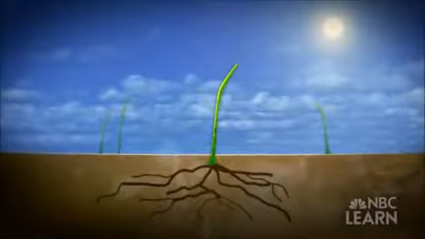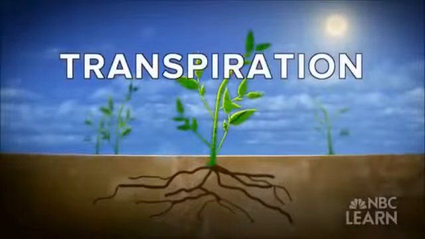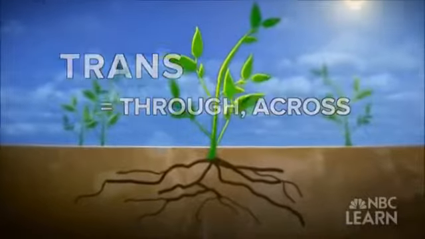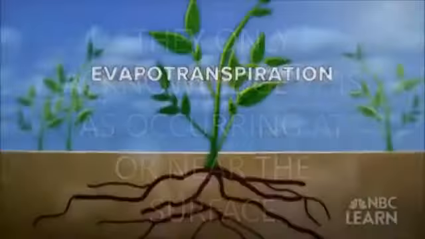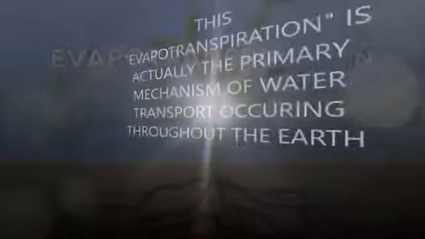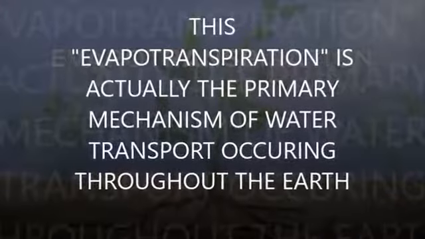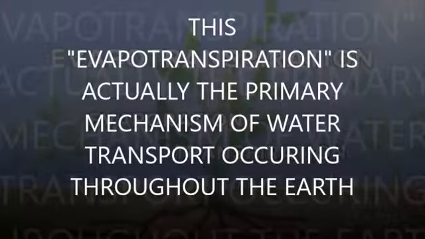Water evaporates through our respiration and perspiration, and from plants through transpiration. Trans means through or across. Plant roots draw up groundwater. And plants pull that water up through their stems into their leaves and then release it back out through evapotranspiration. Evapotranspiration, a spelling bee-worthy term for evaporation from soil and water surfaces plus transpiration from plants.